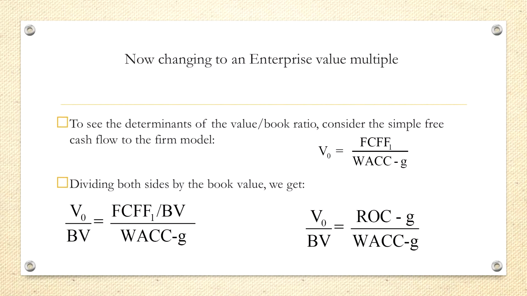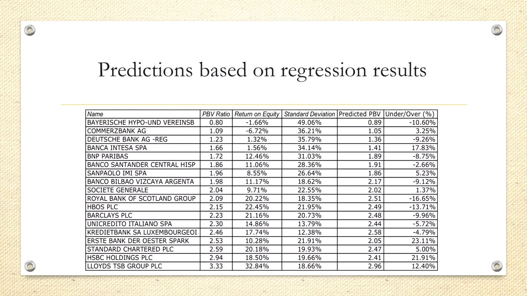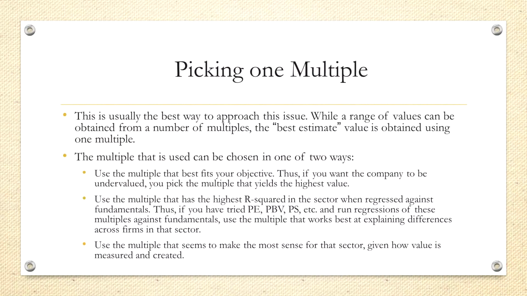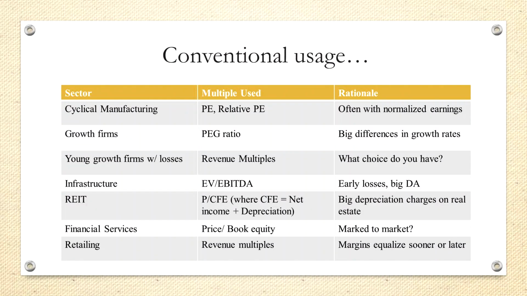So the last question is which multiple to use, and I think I cannot give you a 100% correct answer, but I will show you the best practices based on this table. It really depends on the scenario that you are facing when you're analyzing a certain stock or certain industries. And here, this table shows you that for different sectors, for different industries, certain multiples could be better than the others. For example, in the cyclical manufacturing sector,